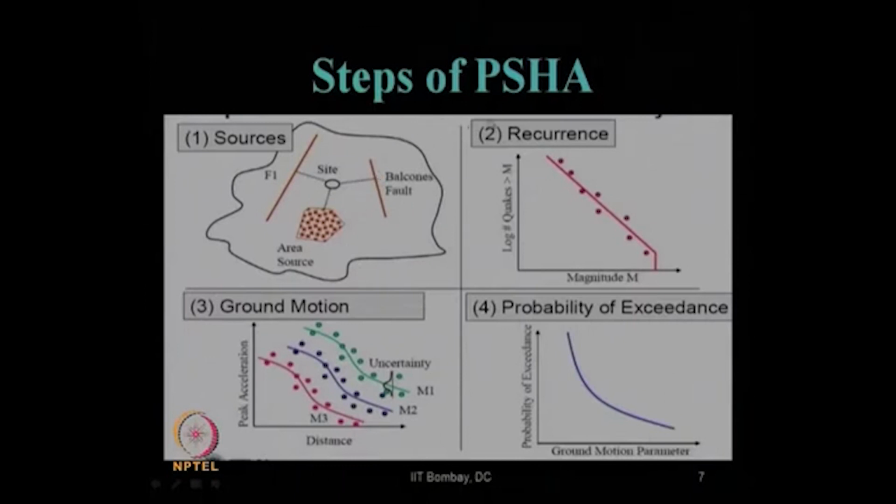What are the various steps of PSHA? There are 4 major steps, again like DSHA. The differences are that here we have to first identify the sources, or the boundary within which we will consider all the sources. Now, here not only the minimum distance we need to consider, but all the distances from site to source, and the recurrence, that is the occurrence of an earthquake greater than a particular magnitude chosen by our engineers,